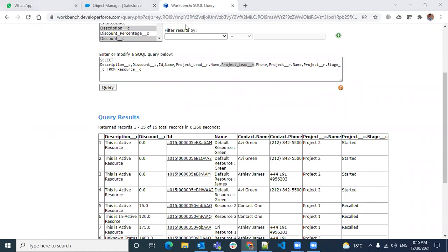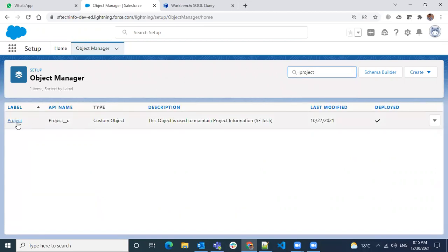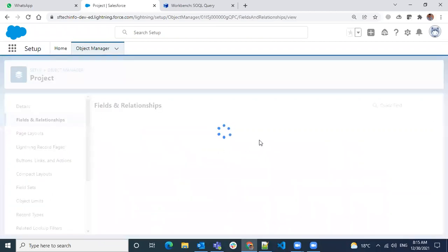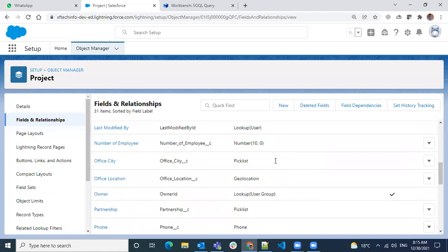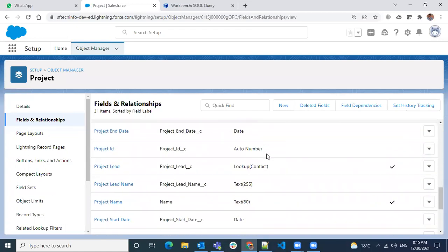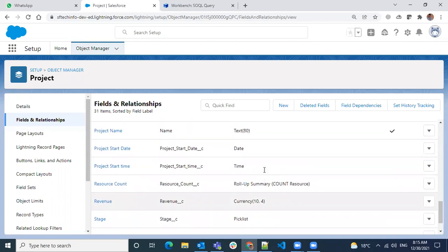And do we have any parent to the project? We have a user lookup. Yeah, we have one more user, project lead of the project. One we have. Okay,